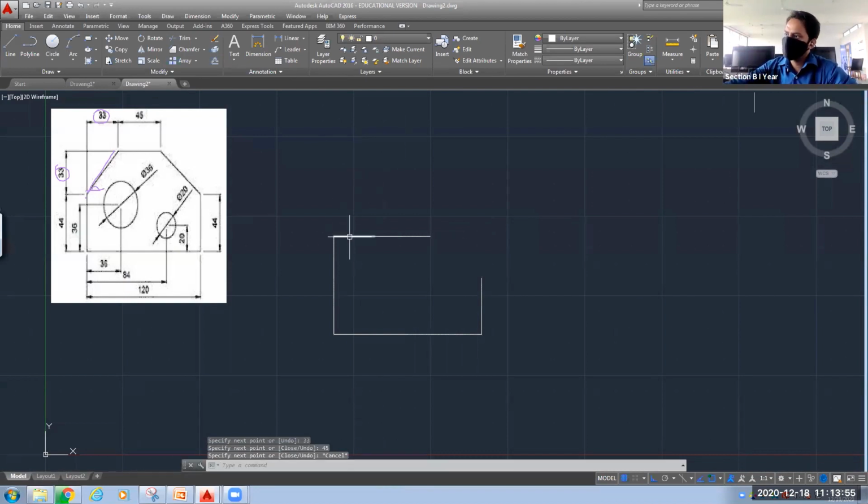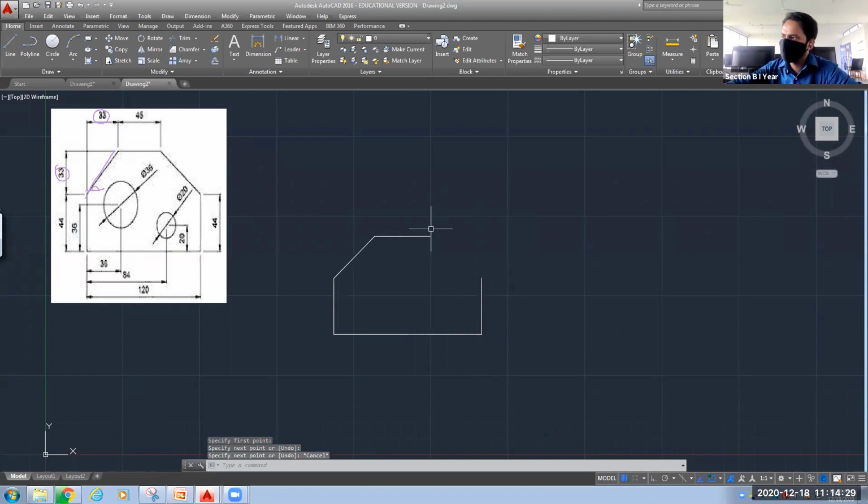Now this line that is of 33 length, I need not show here, and this is also not required. Now we can connect these 2 points. For connecting or drawing inclined lines, I have to switch off this ortho mode. So I will switch off this ortho mode. Then I will click on this line, select this point and this point. Press escape.